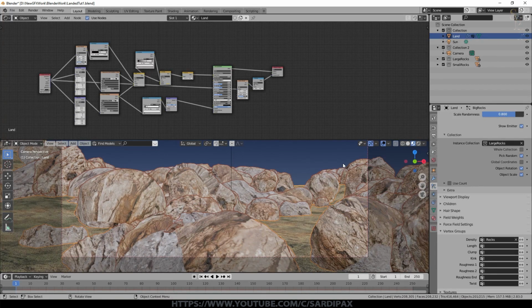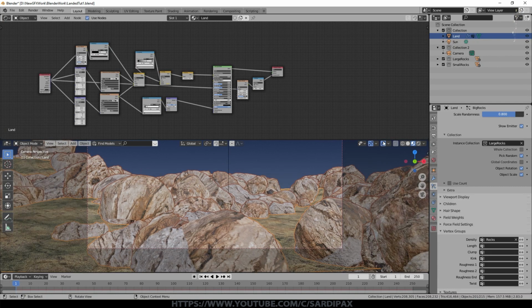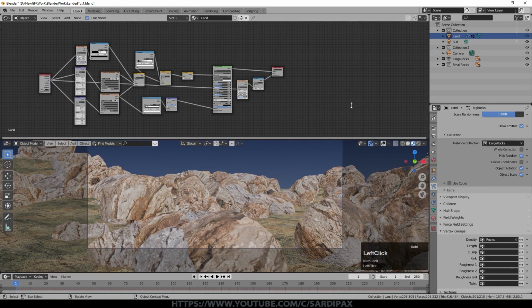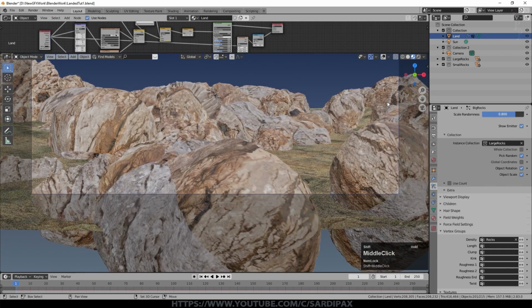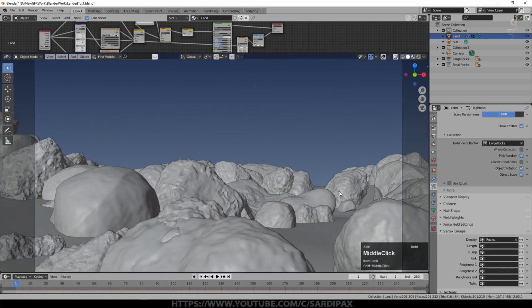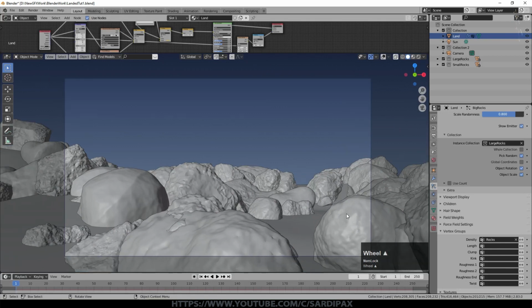Obviously, if you were going to have an animation that moved around this scene, you might want to do it slightly differently. I'm just going to turn off the overlay so that we can see our rocks without that orange outline, and then increase the size of the image. If we come to just the clay view, we can move things around a little more quickly. So there are our rocks.